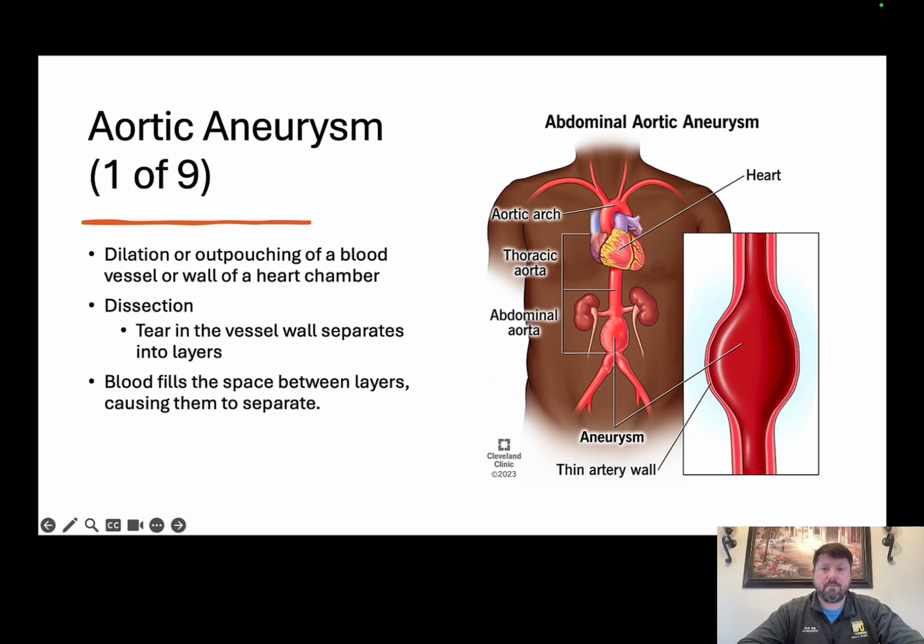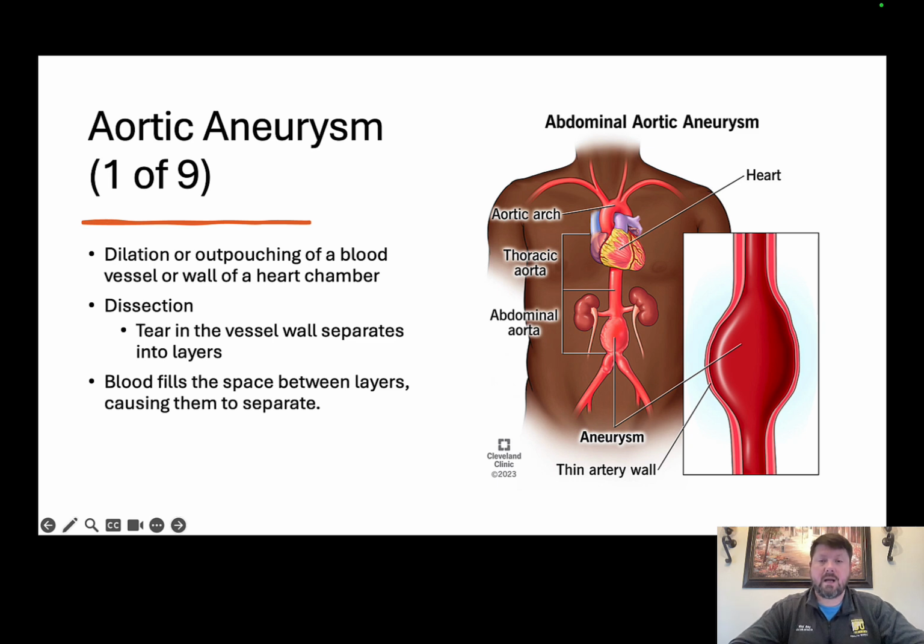Aortic aneurysm. An aneurysm is a dilation or outpouching of a blood vessel or the wall of a chamber of the heart. If the vessel wall tears, then its layers can separate in a process called dissection. It may begin with a tear in the inner lining of the aorta, which is the intima, near the weakened portion of the vessel. Blood flows through the tear and between the layers of the vessel wall, exposing the middle layer